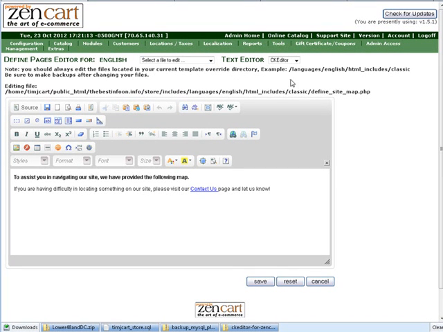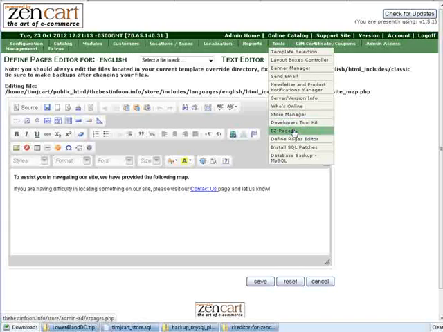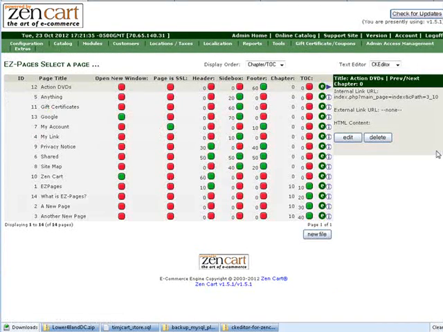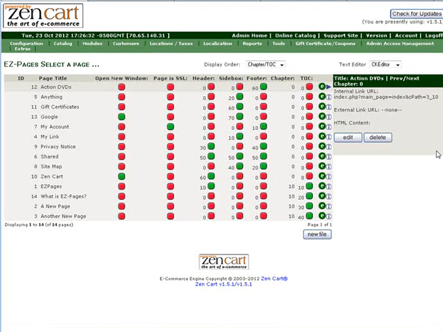Now there's also, let's go back to tools here, there are also something called easy pages. Now you'll see that, remember, we loaded the sample data in here, so we have these different easy pages in here. You can create your own, but if we look, for instance, over here, this tells it if it opens in a new window, and if it's green it's going to open in a new window. So Google will open in a new window. Now if you go across to see where it's green, it says Google is in the sidebar. Okay, and then